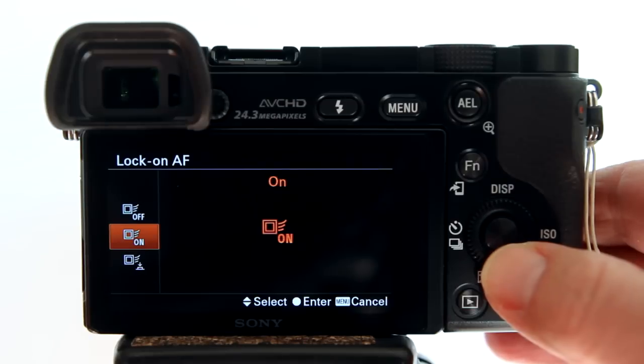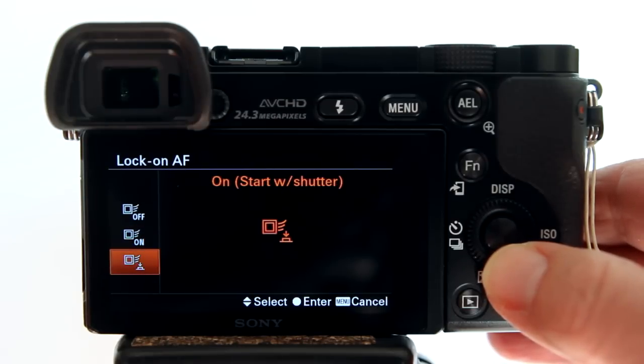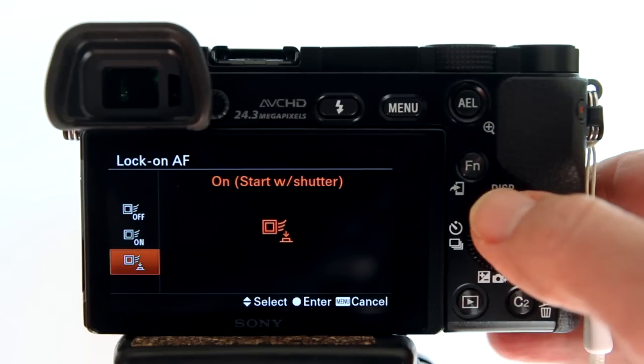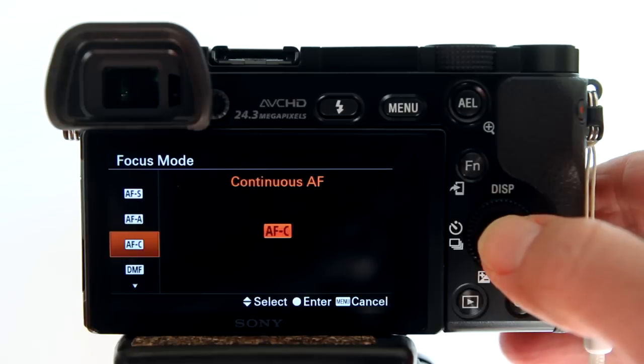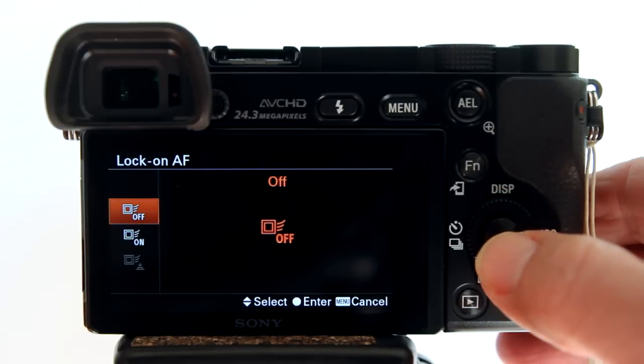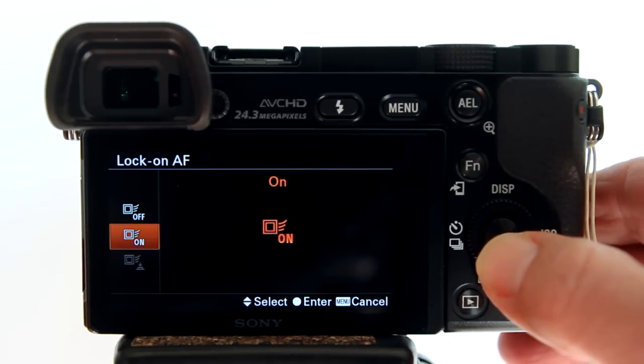You can select turn off, turn on, or use the Lock On autofocus with pressing the shutter button halfway. However, this option to use the shutter button is only available when using the focus mode of continuous AF. If you do not have continuous AF set, then you will see that the option to use lock-on AF with